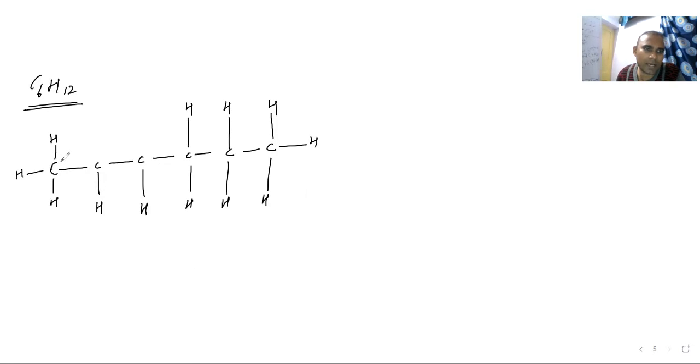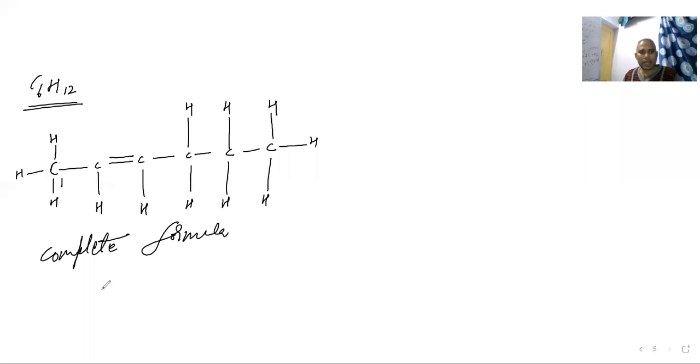For the first carbon, 4 bonds are there. For the second, only 3 bonds. For the third, 3 bonds. So what should we do? We can represent a double bond here, right? Now you can count all the carbons, 4 bonds are there: 1, 2, 3, 4 for each. All is there. So this is what is known as complete formula. Yes, now, sir, I understood.